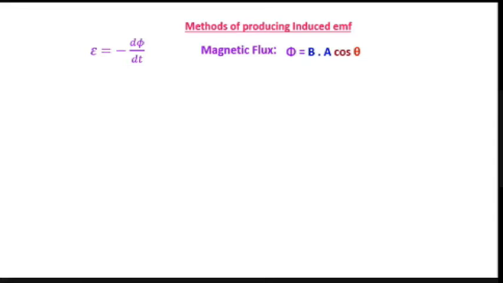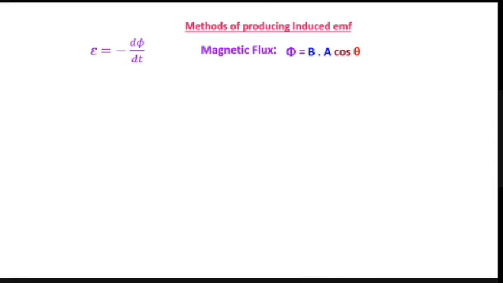Akshay, can you tell me the different methods for producing induced EMF? Akshay. Yes, sir. Our aim is to produce induced EMF. How can we produce induced EMF? By changing flux. What are the different methods to change flux? For that, you have to see on what factors the flux depends. How can you change flux? Three terms are there, right? In flux, you change those three terms. Tell me one by one.